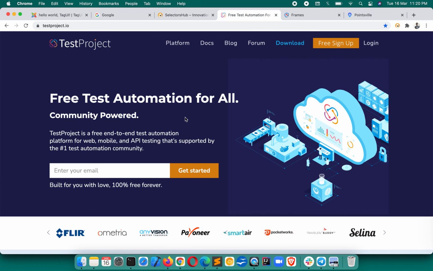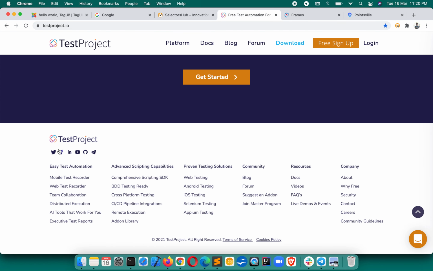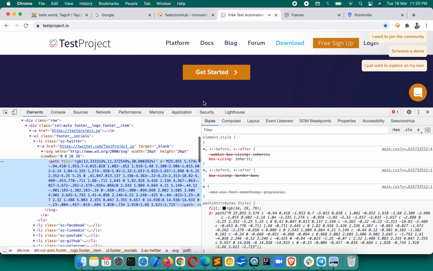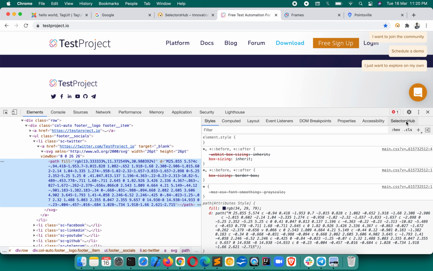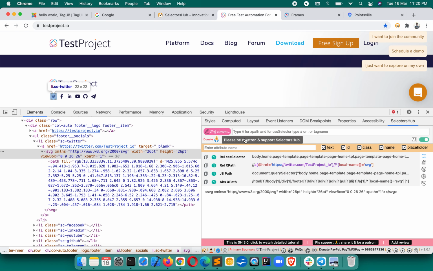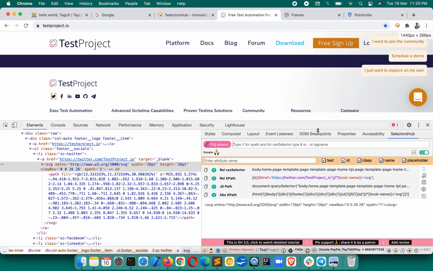If any element is an SVG element, it will also tell you that that element is SVG. Browser DevTools doesn't support SVG and doesn't give you the right XPath selectors for SVG elements. So you get that information, you learn that okay, this is an SVG element, something specific is there. So yes, you got the XPath for SVG elements as well. There are really amazing features in SelectorsHub which will help you a lot in learning and in